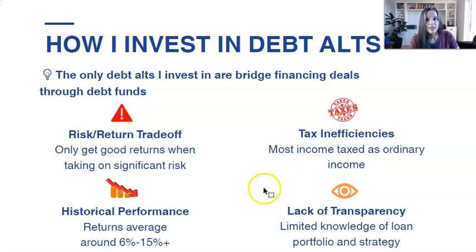I do think it's a better asset class than fixed income because the returns are better. Even though you've still got the same tax inefficiency, you're starting with a pre-tax return that's much higher than something like a bond is typically going to kick off. So that is the one thing. I do think debt alternatives are better than fixed income, but I still, in case that isn't clear, don't love this asset class.